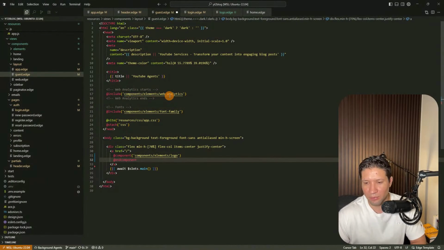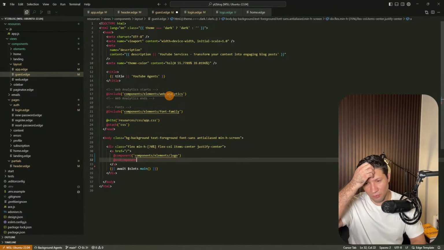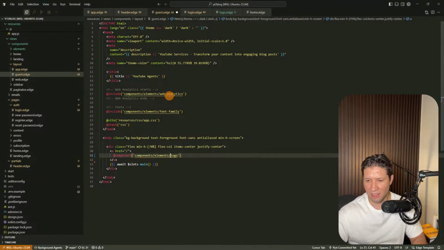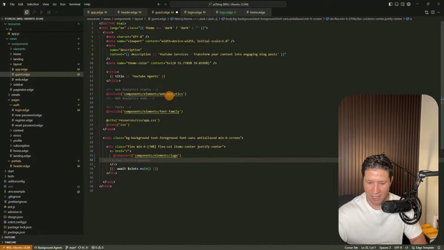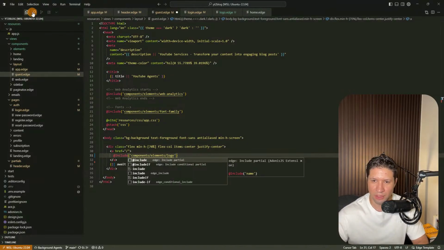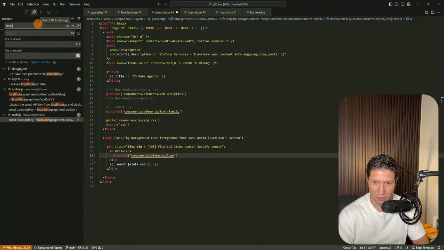What I was speaking with the developer is that we were speaking about all of the ways that we can work with this, and my conclusion is that we should use component with end component, or if it's an easier component, it can be like this. I like this better for simple components, and I like this for more advanced components. But in any case, I wouldn't use include. And if we search here for include,